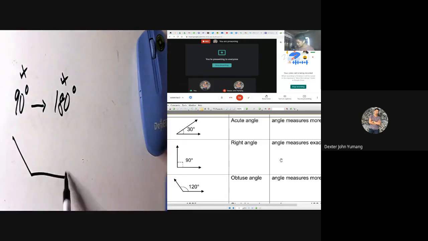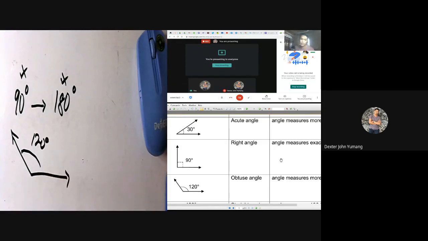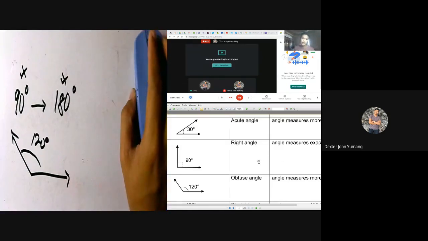Example, look at the figure. We have 120 degrees on our figure example. So that is an example of an obtuse angle. Another example is 150 degrees, 160 degrees, 100 degrees, and so on and so forth. Obtuse po ang tawag niyan. Next,